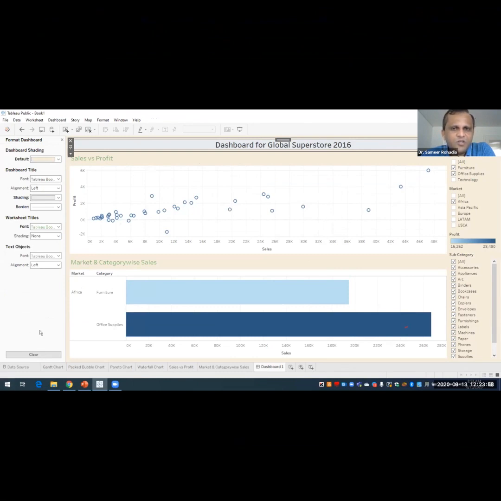So likewise I can do this normal formatting for this dashboard. You can definitely later on check all these things. So this is one kind of a dashboard where we have put the two sheets over here, that is sales versus profit and the market and category wise sales.